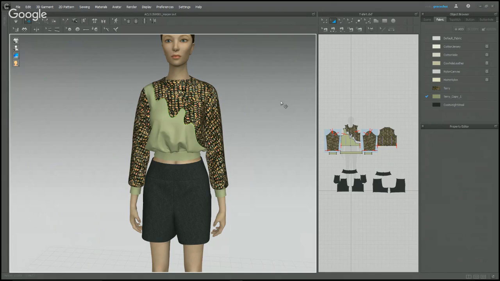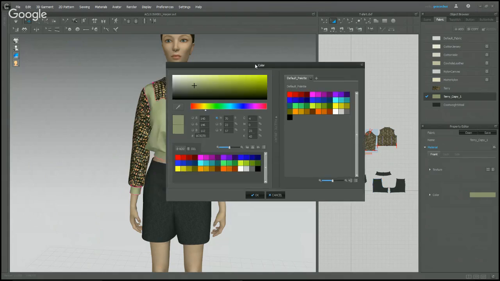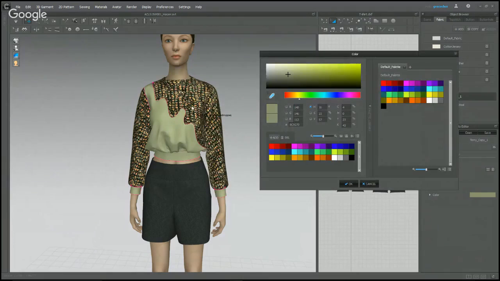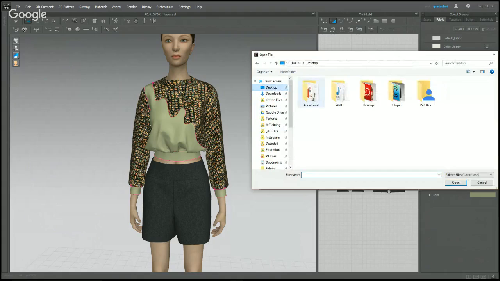Another question that's coming through is, can you use colors from Illustrator? Oh yeah, you definitely can. So what's really awesome is that you saw me briefly go in and change this little color swatch tab over here and using the eyedropper tool and picking a color. But another thing you can do is bring in your color palette. So obviously every designer will have different color palettes for spring, summer, fall, winter, etc. So you can go in here, click on this little plus tab right here,